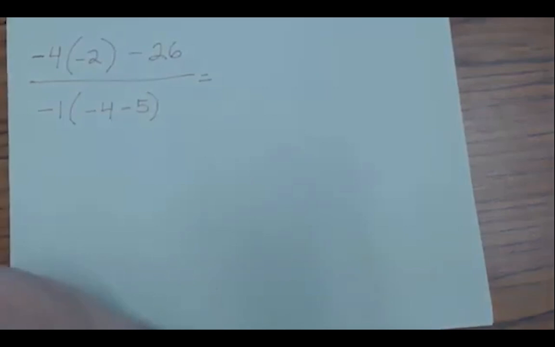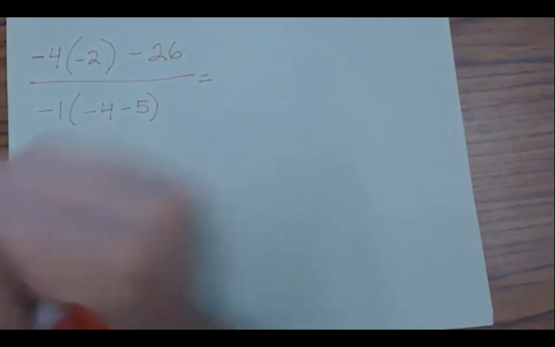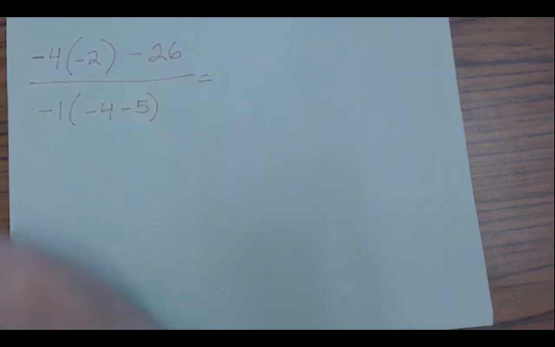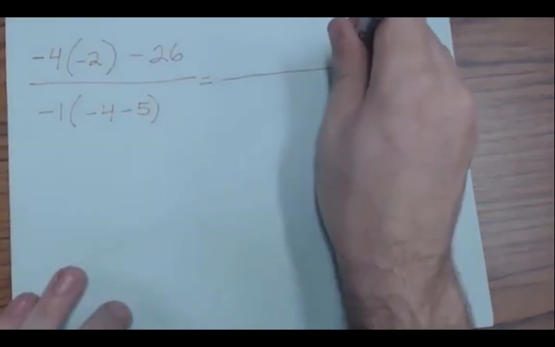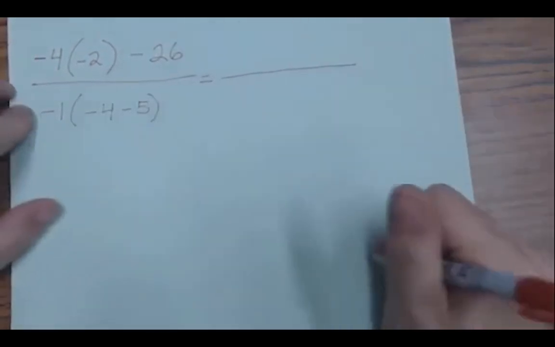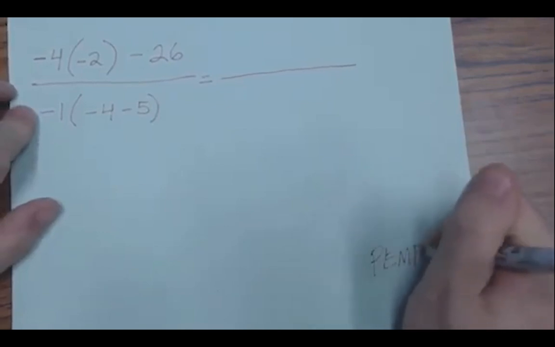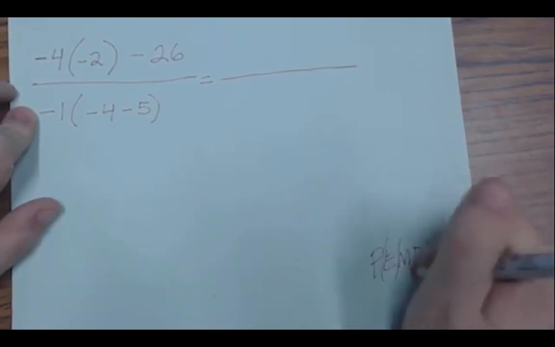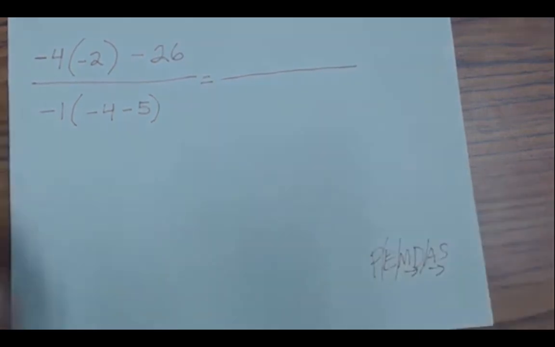Work through the top as much as possible, work through the bottom as much as possible, and then in the final step, divide top by bottom. If it doesn't divide, we would reduce the fraction. So on the top, we have multiplication. We have subtraction. Order of operations